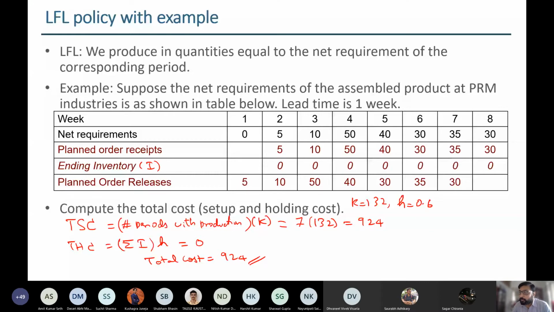So how will we approach the same problem when lead time is 2 weeks? Let me take that first. If the lead time is 2 weeks, we just shift it by 2 weeks. That's it. Instead of shifting by 1 week, we shift by 2 weeks. In period 2, we need 5, but it takes 2 weeks to produce, so that will be noted as an exception. But everything else we just shift by 2 weeks. So time phasing is pretty simple. If it's 2 weeks, we shift by 2 weeks. If it's 4 weeks, we shift ahead by 4 weeks.